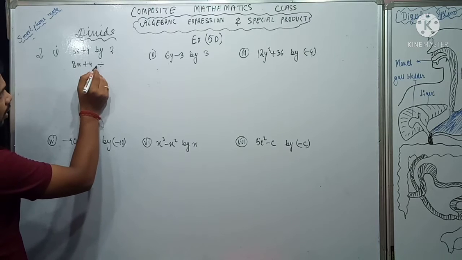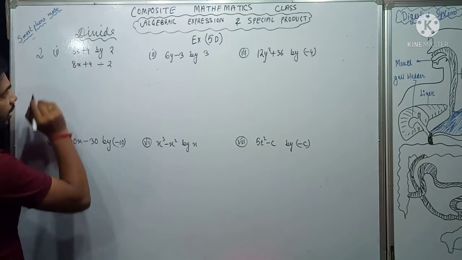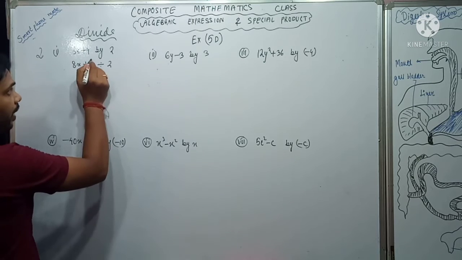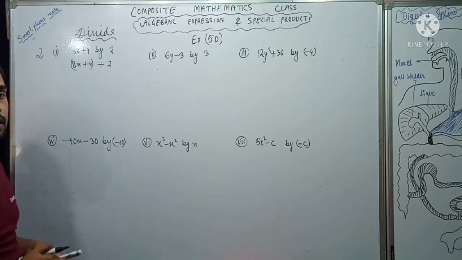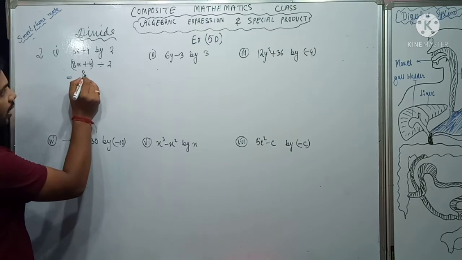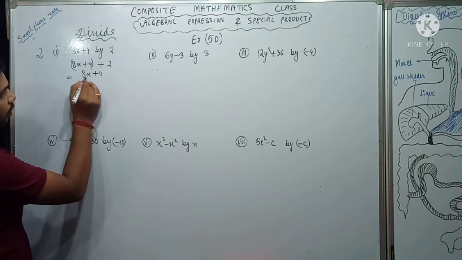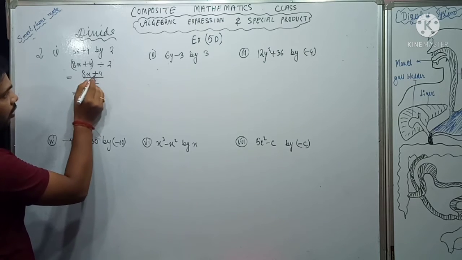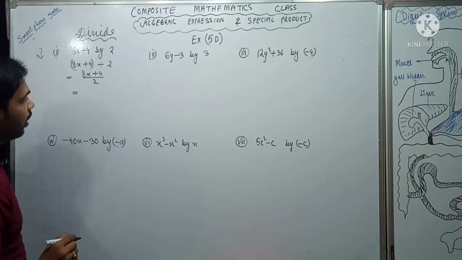Now you see, which is divided by 2, 4 or 8x? So we know that the whole part is divided by 2. That is why we have to make it whole. That means we have to put a bracket. Now you know very well that we can write like this also, (8x plus 4) divided by 2. Here you see a common factor is coming out. So what common is coming out? How will we take out the common?